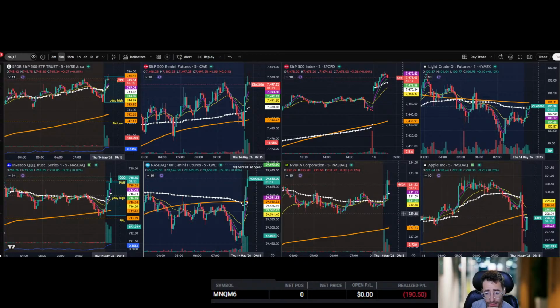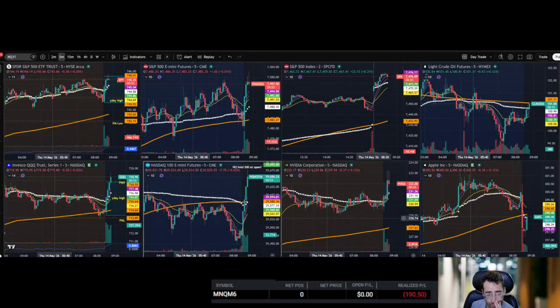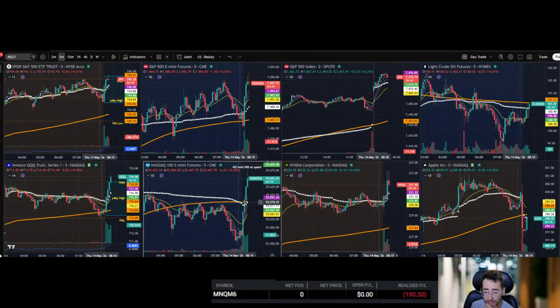ATR is quite high, which is the amount that these candles are moving per 5 minutes. It's quite high, so you don't need as much size. You don't need to put as much in. If we can get a pullback to that 600, I'll scale in all the way down here to the VWAP, and then I'll have a stop below that.